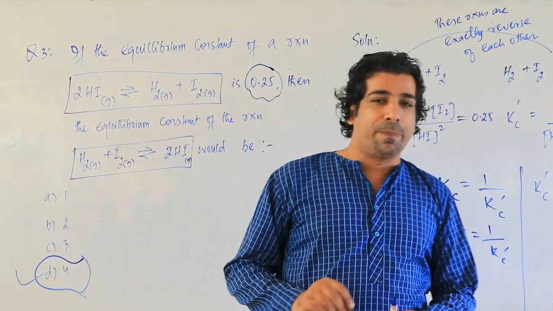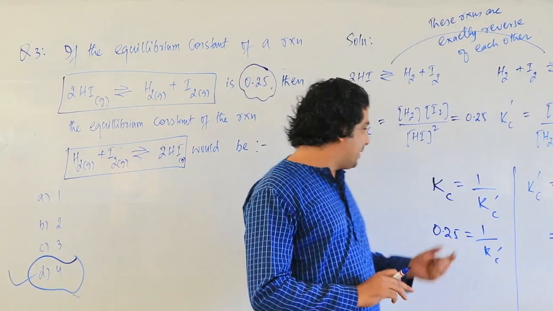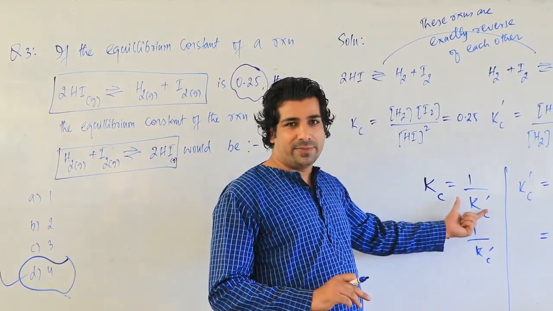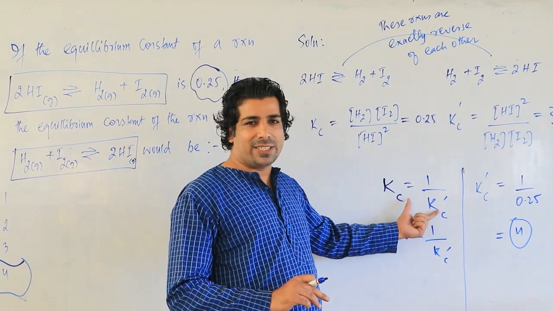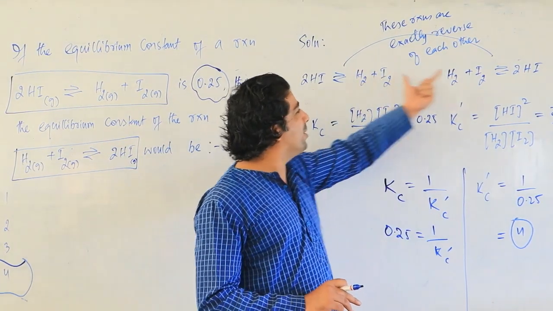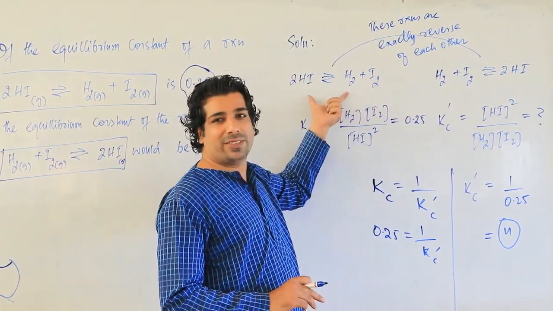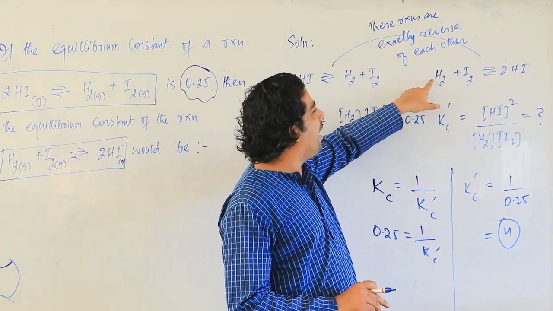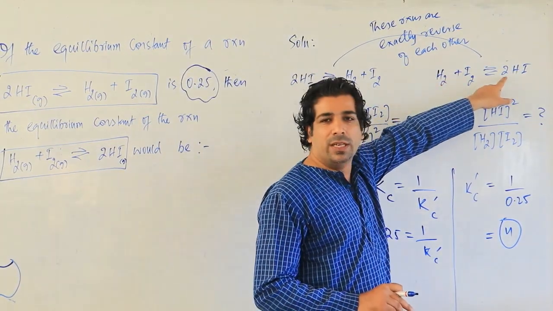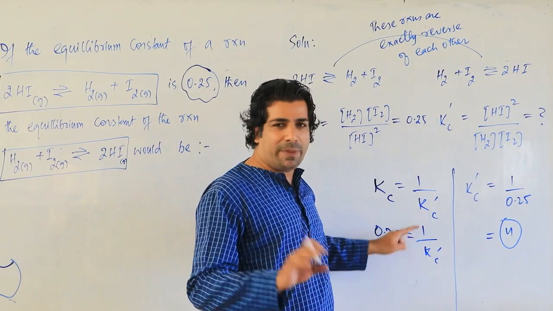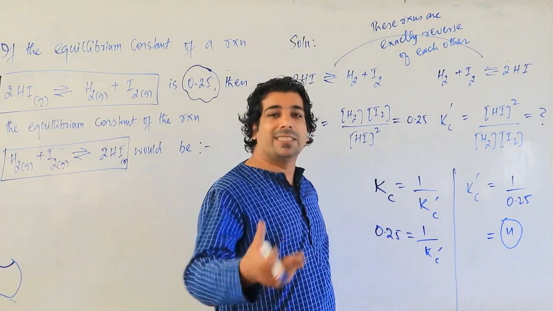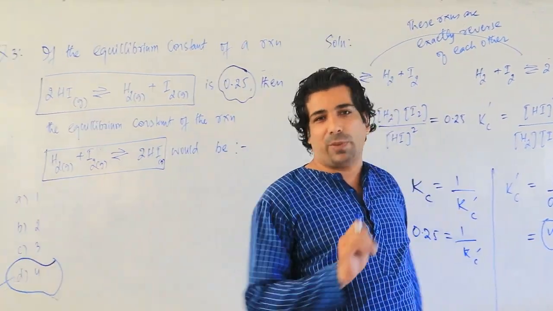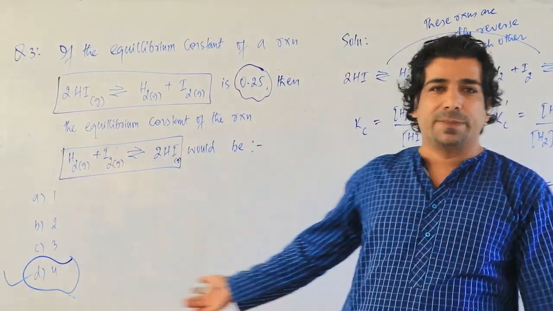But remember one thing. I also showed you that this relation can be modified. How can you modify this relationship? When the concentrations are not equal in these two reactions. Let us suppose I will make it as half mole and 1 mole. Then this relationship will remain the same, but there will be a little modification. I have already shown you that particular thing. Please make note of this.